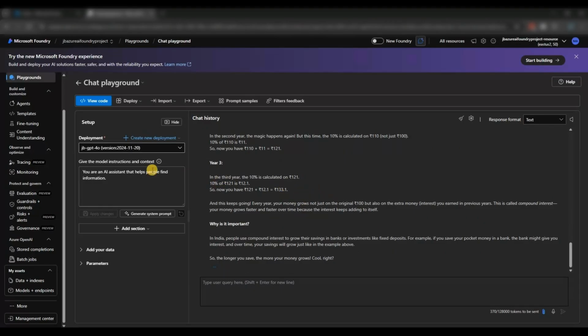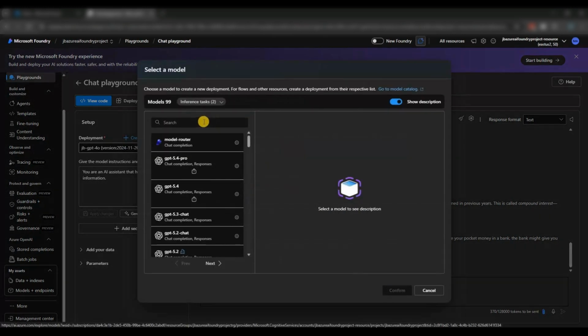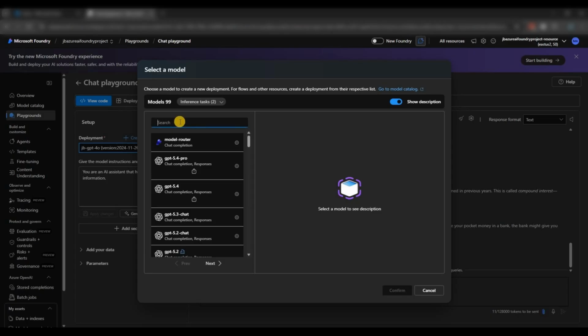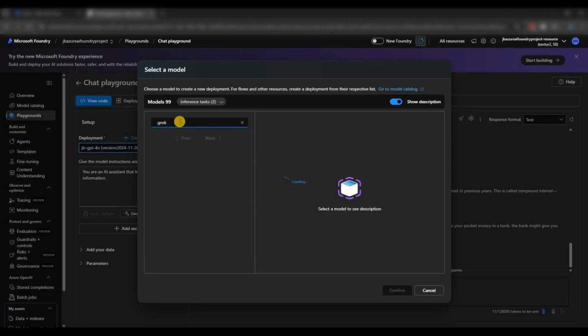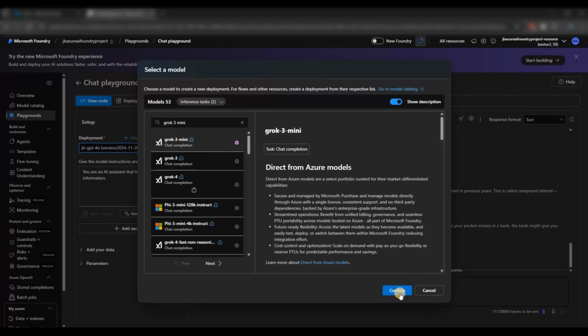Now we use this GPT-4o, which is an LLM, large language model. So now what we'll do is create another deployment here, but this time instead of selecting a large language model, we will select a small language model. I will search for Grok 3 Mini, and I will select that one. Okay, so let's click on confirm here,